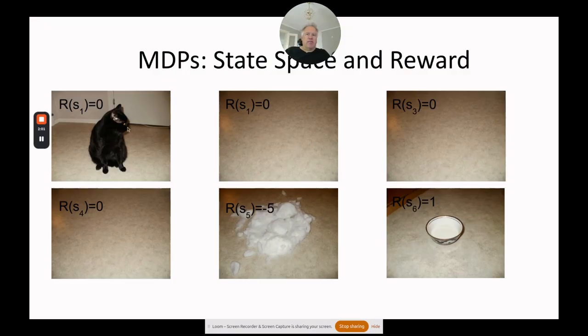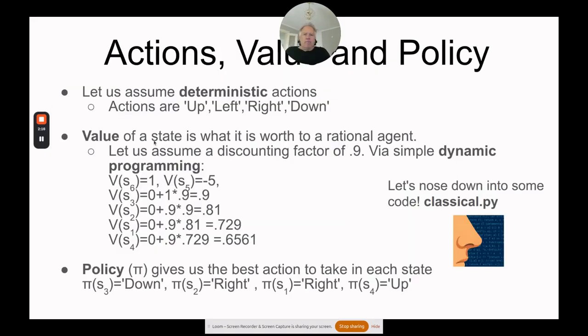A lot of times in robotics examples, for instance, when you do an action, sometimes it doesn't take you to the state you want to go into. So there's a probability distribution of the transition. In this case, we have deterministic transition, to keep it simple. Okay, so what do we have here? We have these deterministic actions, and that's up, left, right, or down. And then we have